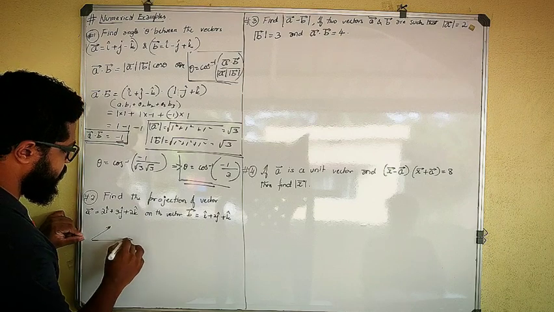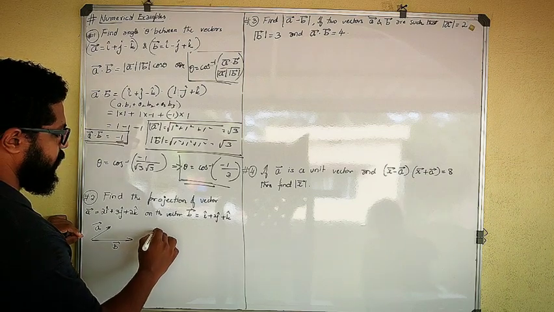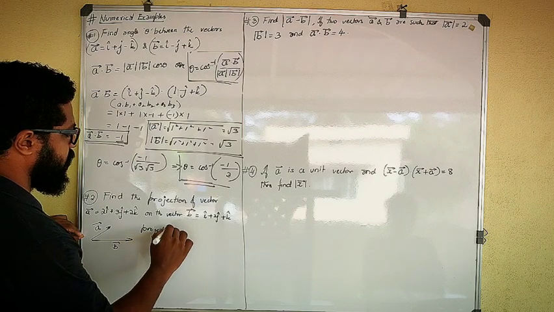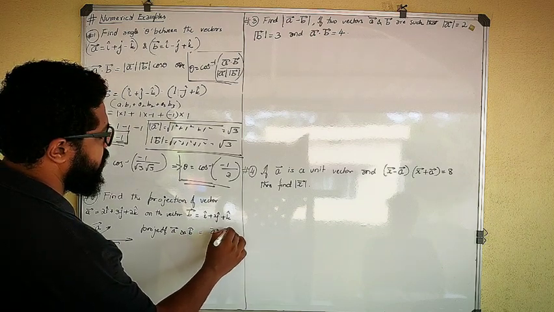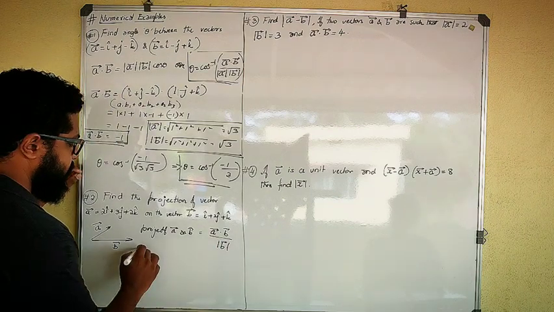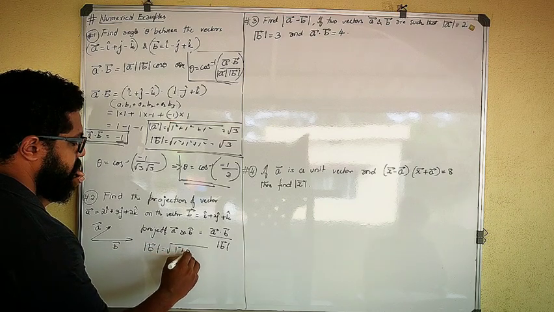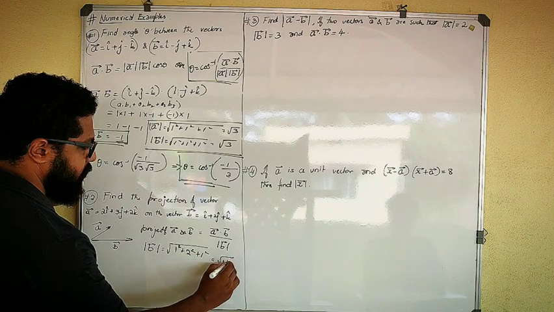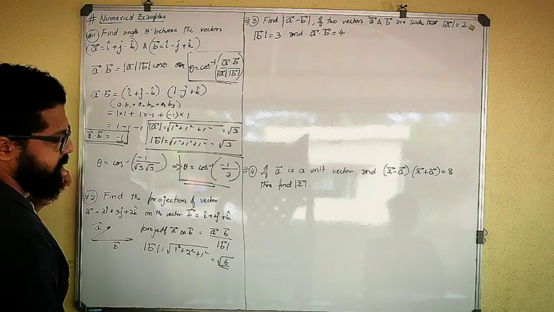which means this is the A vector and this is my B vector. So projection of A vector on B vector, which is what they are asking, is equal to A dot B divided by magnitude of B. Correct? So in this also I will go the same way. First let me find out the magnitude of B. Square root of 1 square plus 2 square plus 1 square. How much is that? 1, 4, 1, 6. Root of 6, no? Yeah? Root of 6, let me keep it as it is.